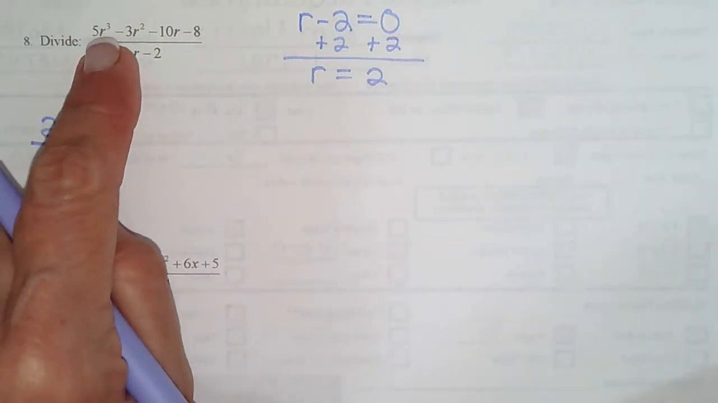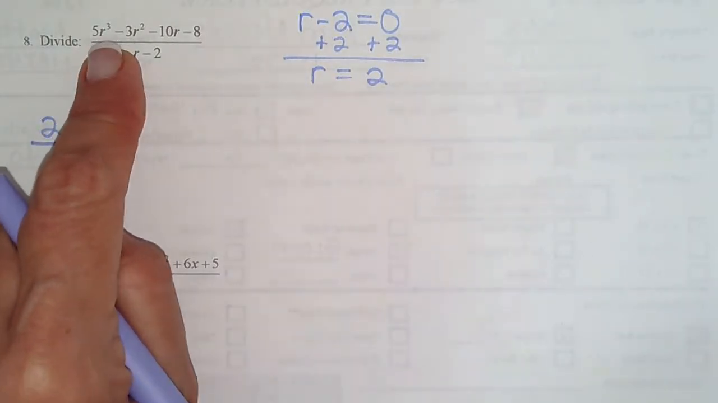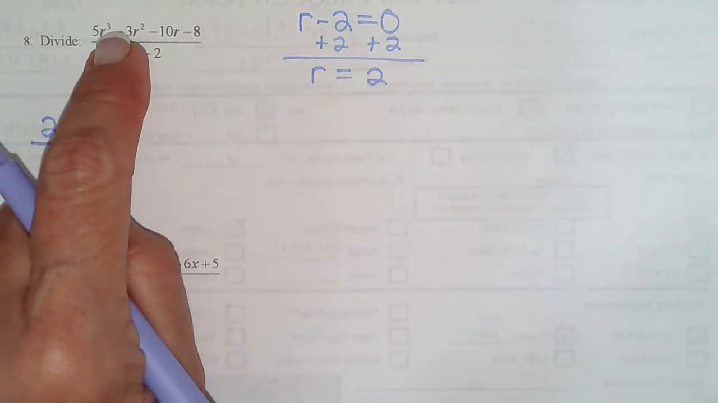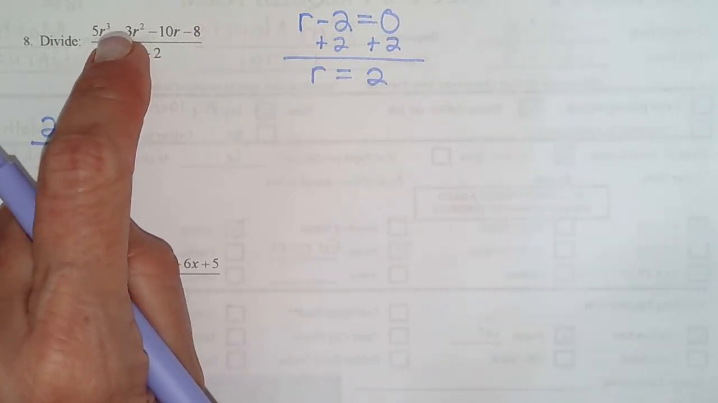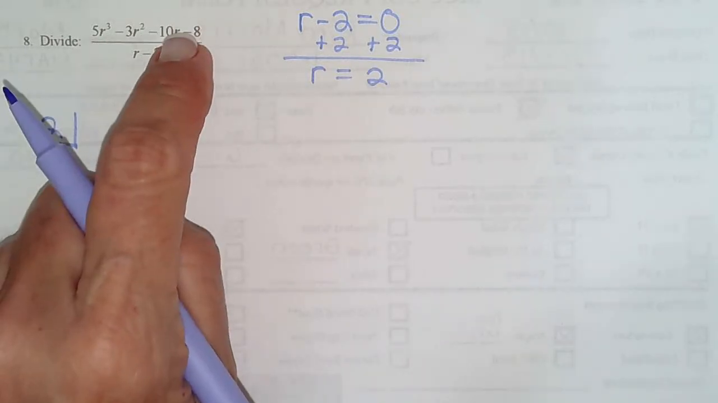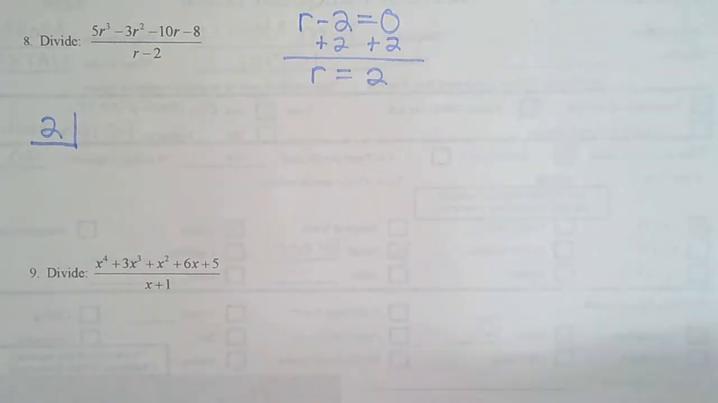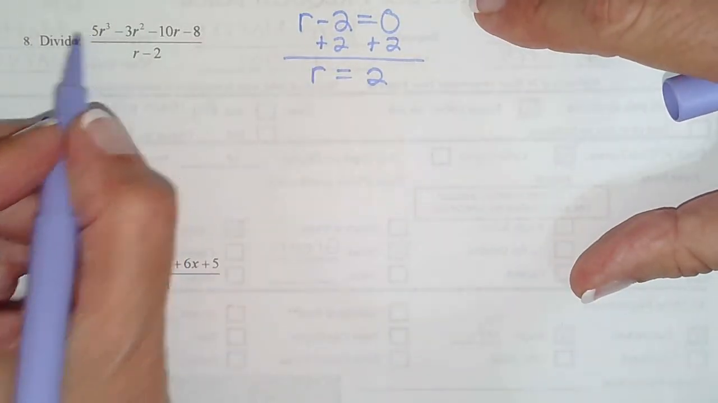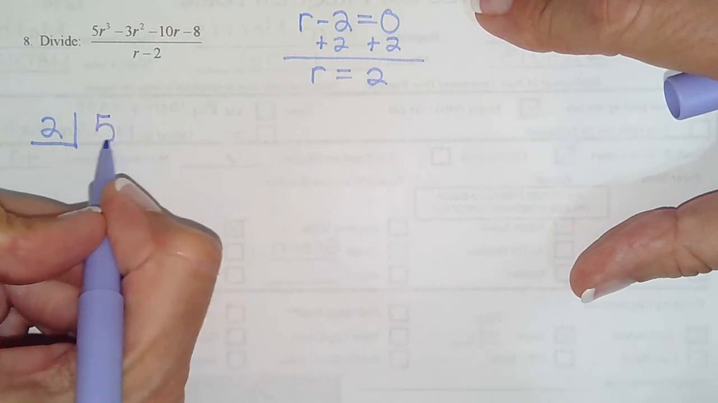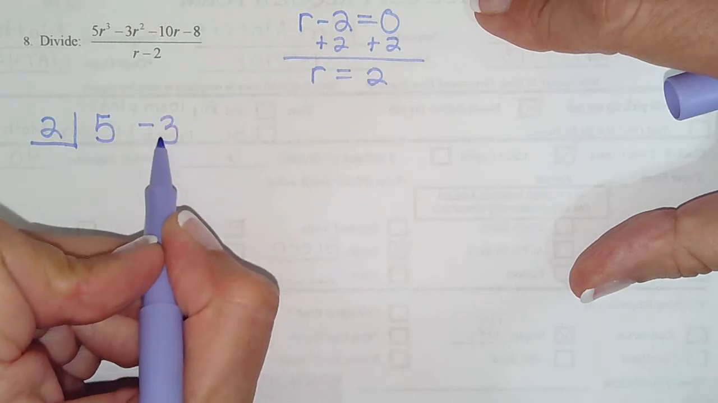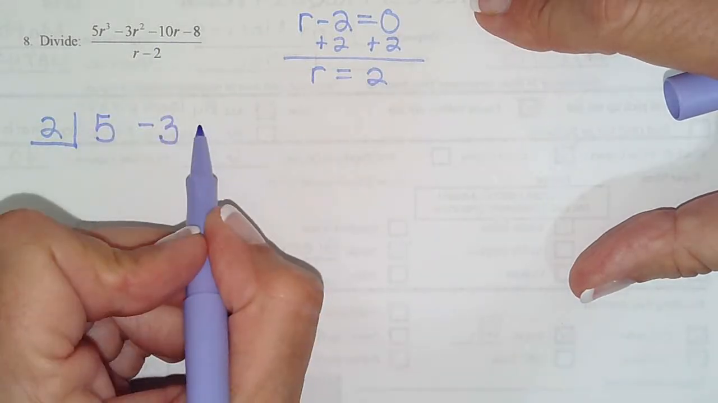Then, don't skip this step. It's impossible to get the answer right if you skip this step. Is there a missing variable? R to the third, R to the second, R to the first, no R. So this one has no missing term. So then I bring down the coefficients, the numbers in front. 5, -3, -10,